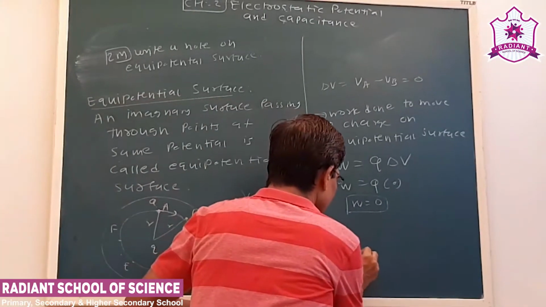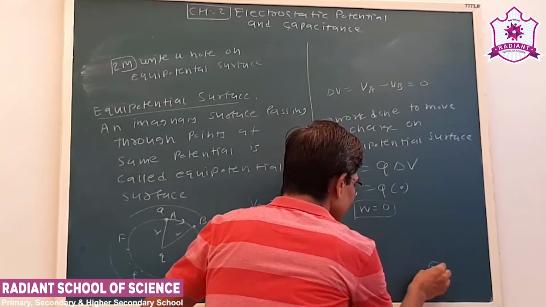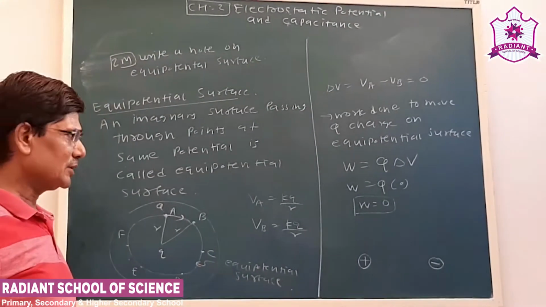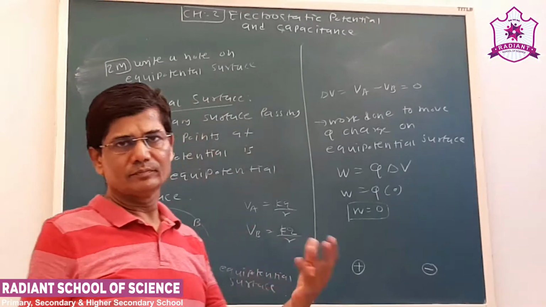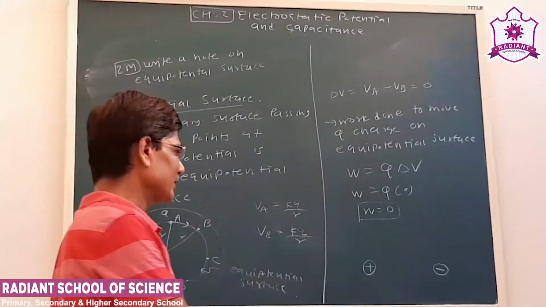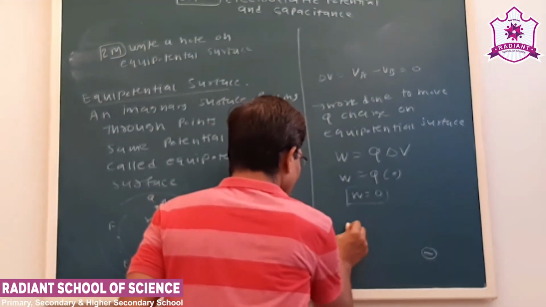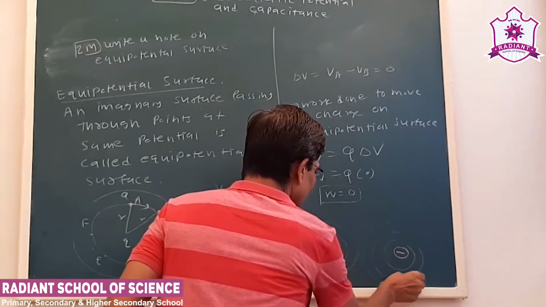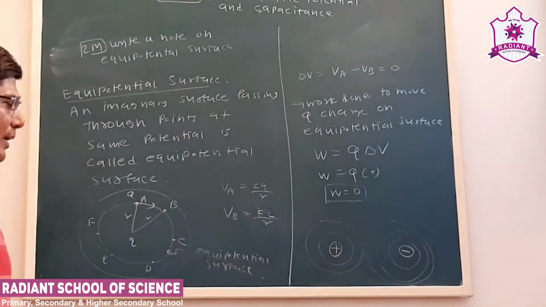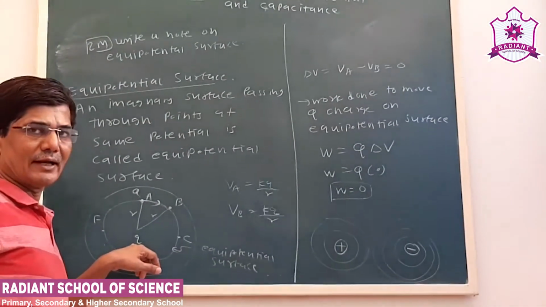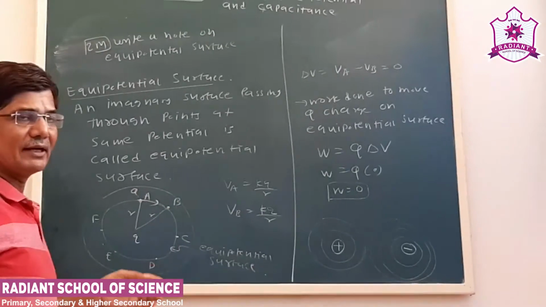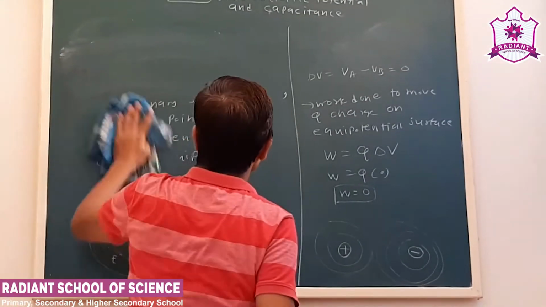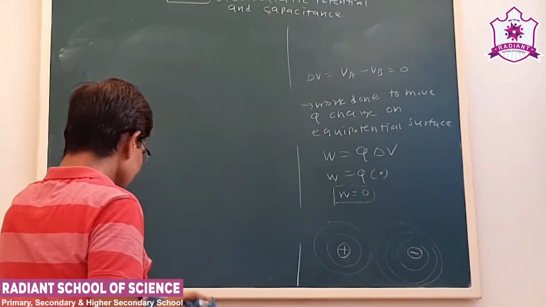Suppose we have an electric dipole, and we want to draw equipotential surface. We know a dipole is a system of 2 point charges, so we can again have concentric circles which are equipotential surfaces. See, Q can be positive or negative. Depending on that, we can draw equipotential surface. See one more example of equipotential surface.